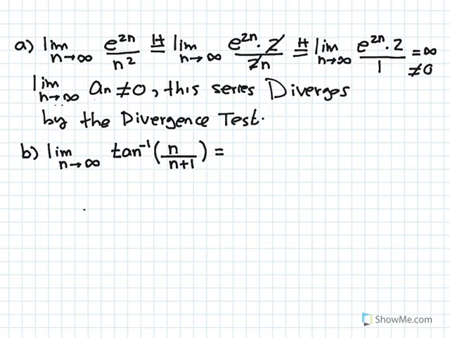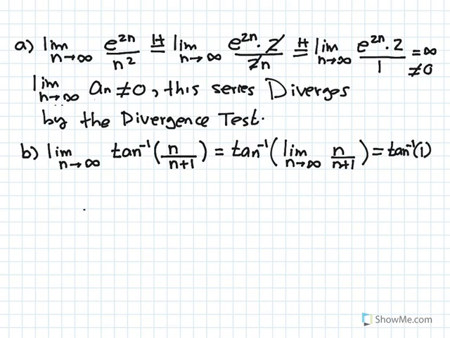Now part B, we have the limit as n goes to infinity of arctangent, tan minus 1, of n divided by n plus 1. Let's bring the limit inside the brackets. So we have tan minus 1 of the limit as n goes to infinity of n divided by n plus 1. Divide by the highest power in the denominator, and take the limit, we get tan minus 1